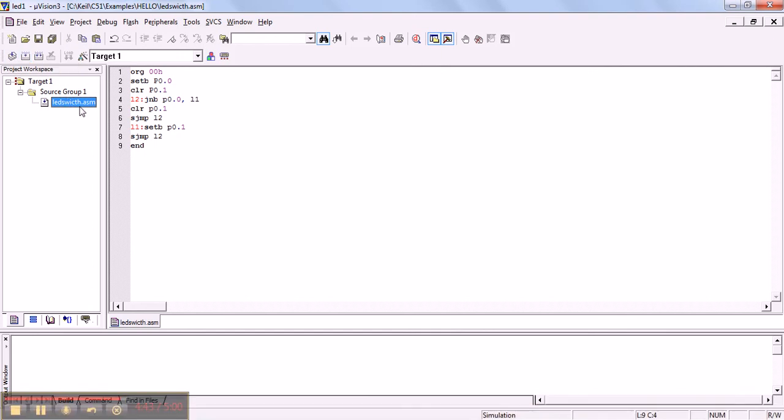Now I'm going to compile this program. For compiling, we have a button here called Translate Current File. Click this button and it will compile my program. So it's assembling the program basically. It will say 0 errors, 0 warnings. Next we will cover in